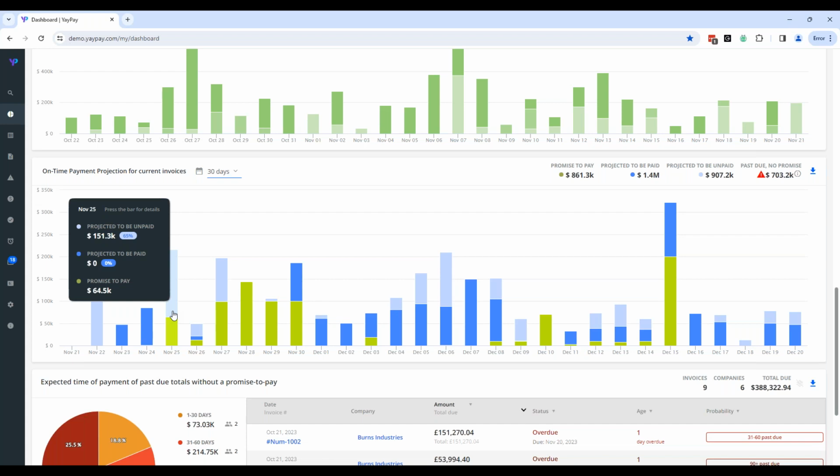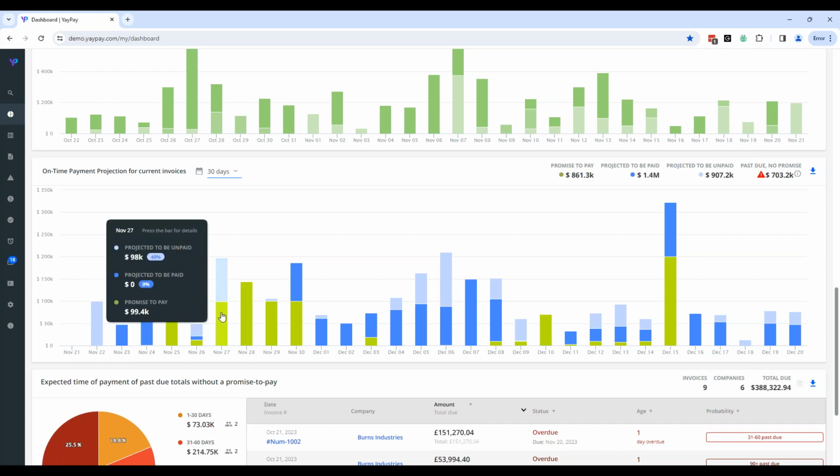Because our machine learning is set up in a way that we're actually viewing and understanding exactly when a client has paid their invoices in the past, but then also we have a tool that connects into credit bureaus so that we can understand, okay, Dun & Bradstreet is saying this about our customer, Credit Safe is saying this about our customer, and so it's informed, right? We're informing ourselves a little bit more about who our customers are and how they are likely to pay. So it's determining those trends for you, and it's projecting when those payments are going to come through the door